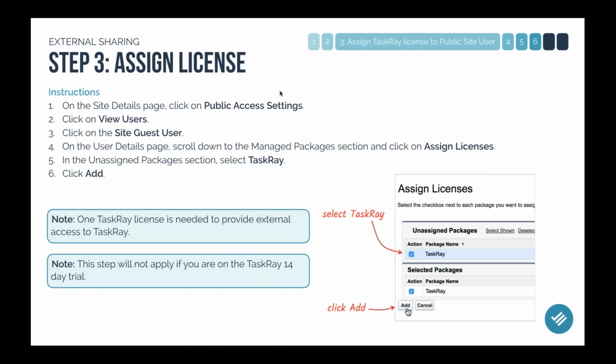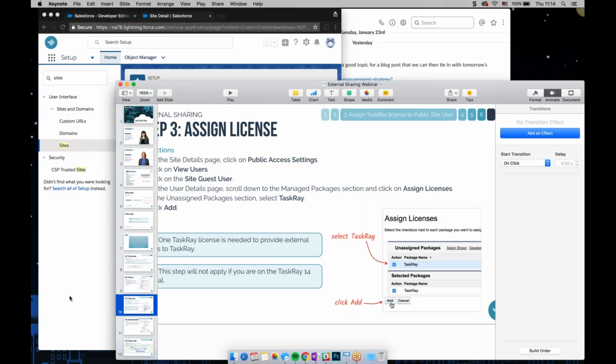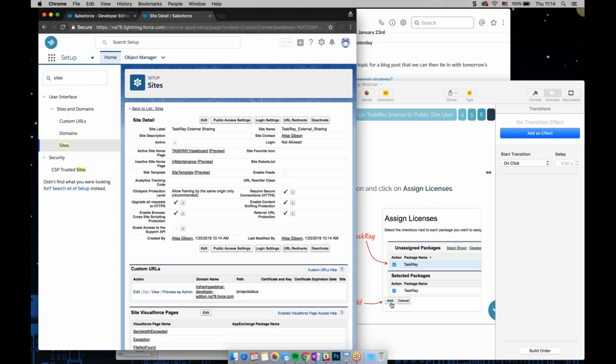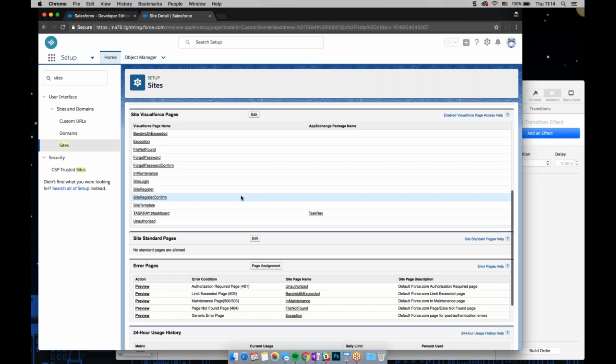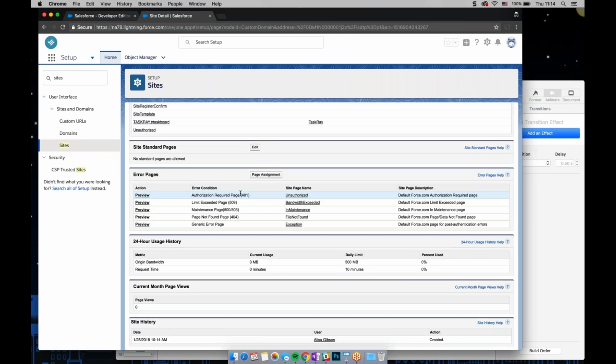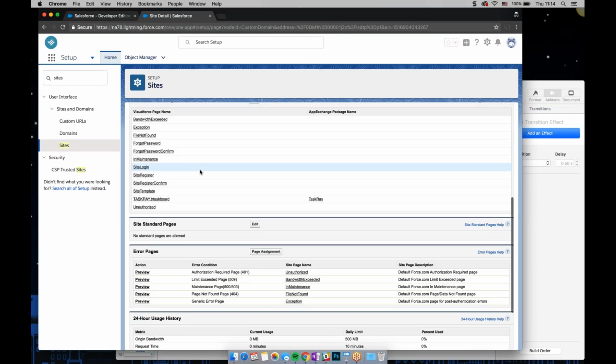And then the next step is to assign a TaskRay license to the public site user. So like I said earlier, you need 1 TaskRay license to assign to the public user. However, if you are testing it out and you're currently on the TaskRay trial, you would be able to skip this step because you would have a site license and that would apply to the public site user. However, once the trial is over, you would need to assign that license if you continue to use this feature. In this org, I am currently on a trial, so I also don't need to do this step,